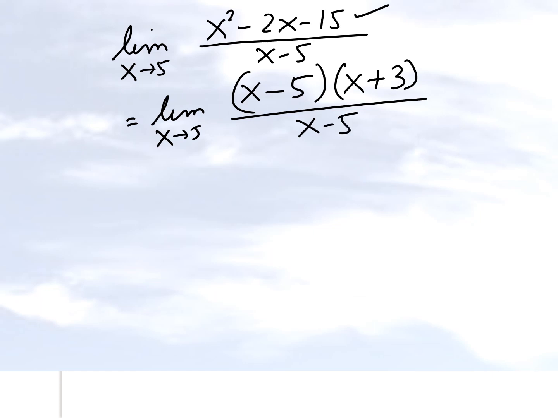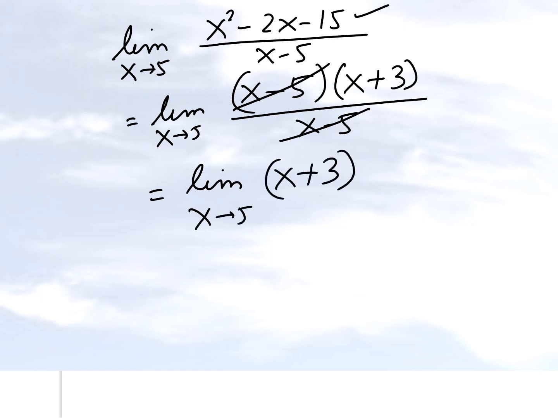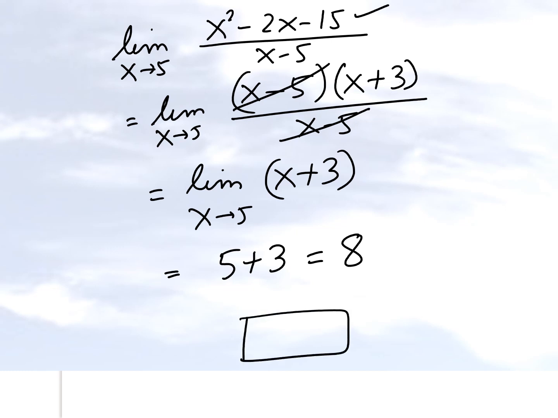And again this is divided by x minus 5. So the x minus 5 factors cancel out, and as x approaches 5, I'll get x plus 3. Since this is a quantity which is finite at 5, it'll be 5 plus 3, and that gives us 8. So we're getting the same limit as we got from L'Hopital's rule, by factoring the numerator and canceling with the denominator, as it's possible in this particular case. So either way, you can solve the problem of finding this limit. And that's the end of this segment.